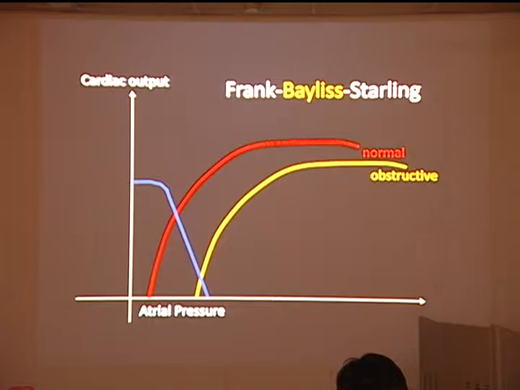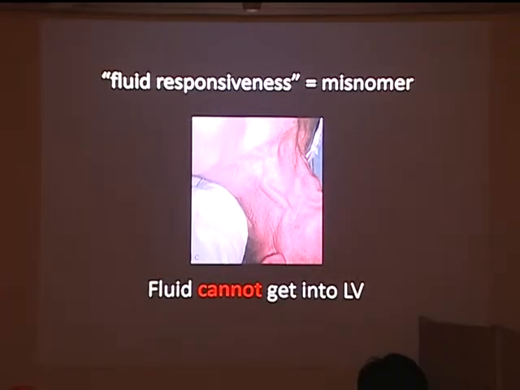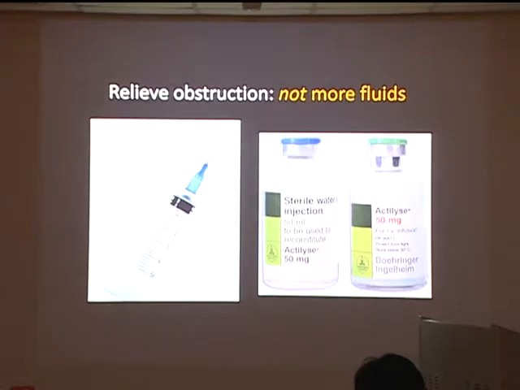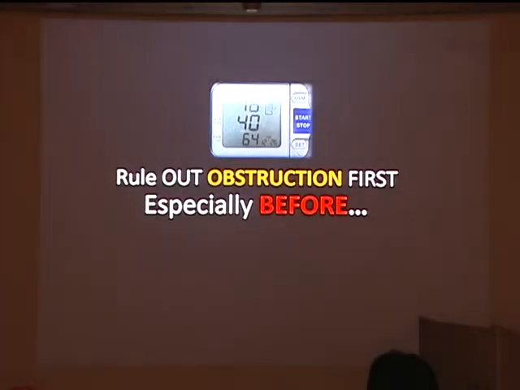But let me tell you, for anybody with obstructive shock, this term called fluid responsiveness is actually a very, very big misnomer. Okay? Because no matter how much fluid you give, because of the obstruction, it's not going to reach your LV. It's not going to increase your cardiac output. So what they need is actually not more fluids. They actually need relief from the obstruction. Either you put in a needle or you lyse the clot. And it's especially important in a patient with obstructive shock to recognize this physiology when you do something heroic. What do you think that is?